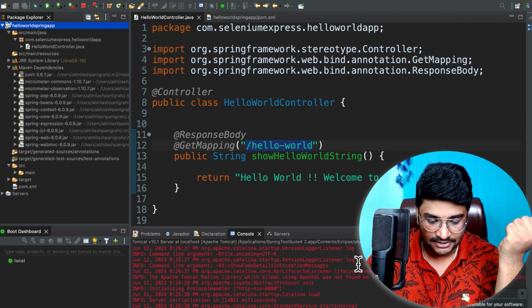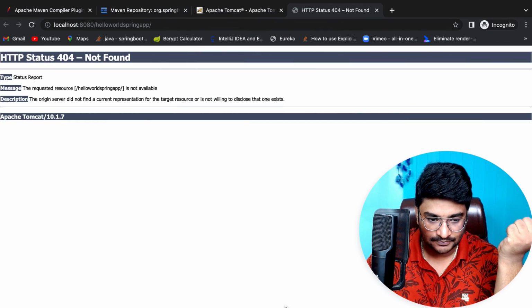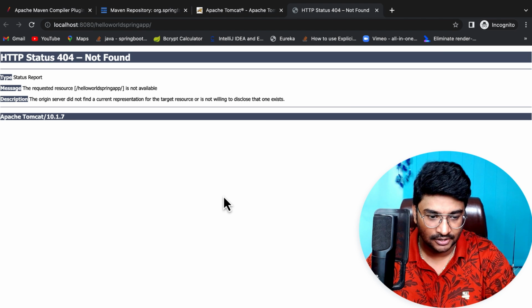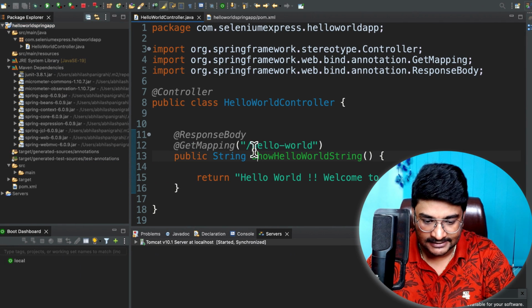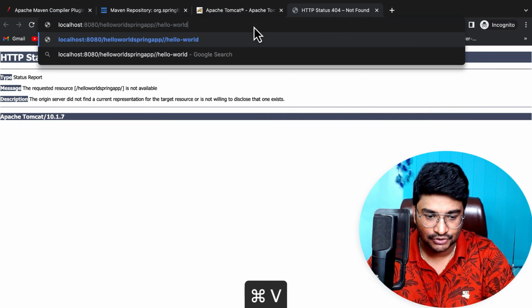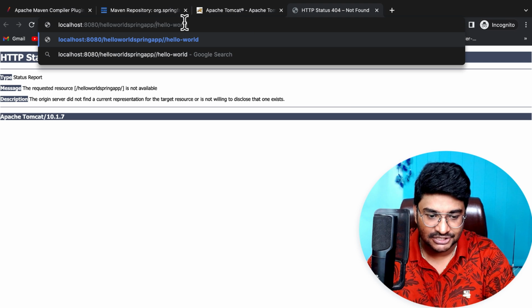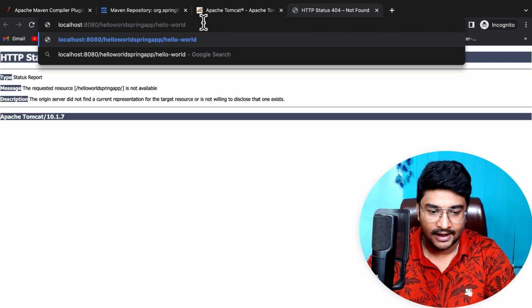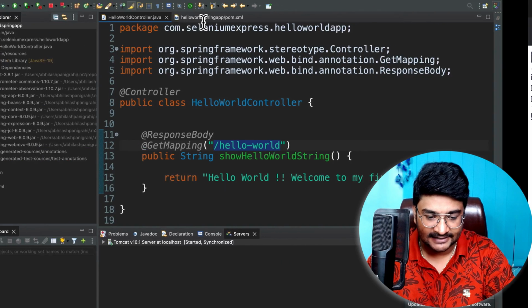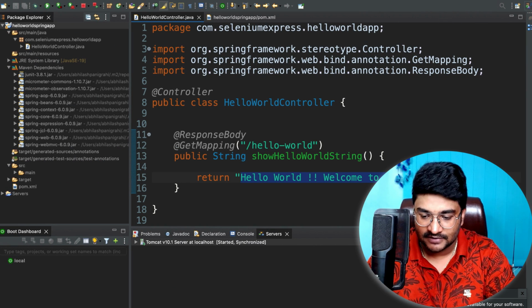Once my application is deployed, a default prompt appears on my screen. Now I want to choose the endpoint that I want to hit. I'll choose this endpoint, press Control C, go back here and press Control V. I'll be testing this hello world endpoint that I have developed in my Spring application. My expectation is that I will get this string back, because I have written